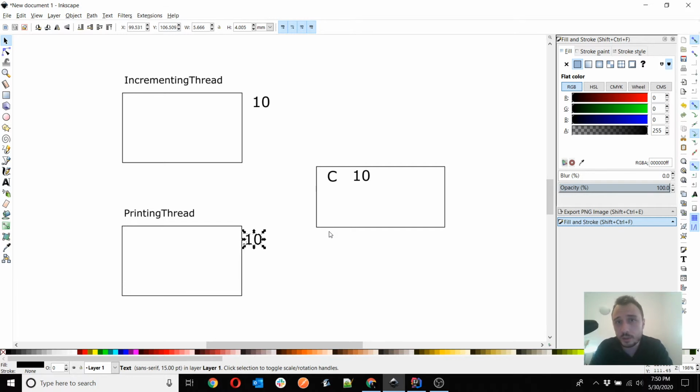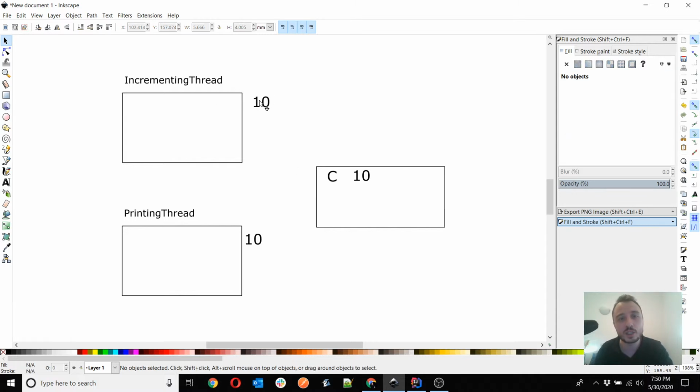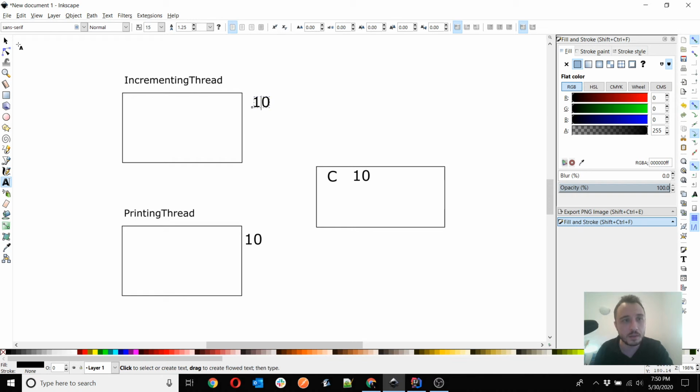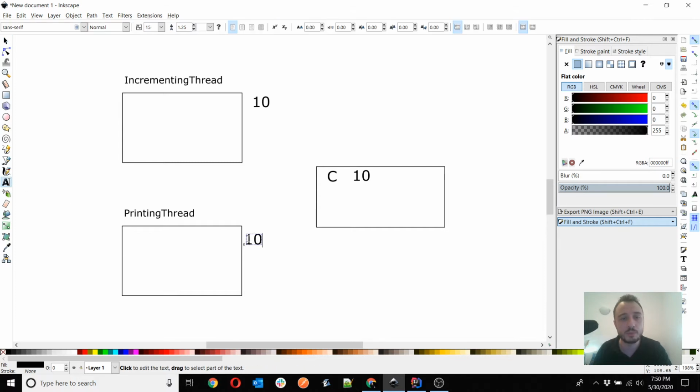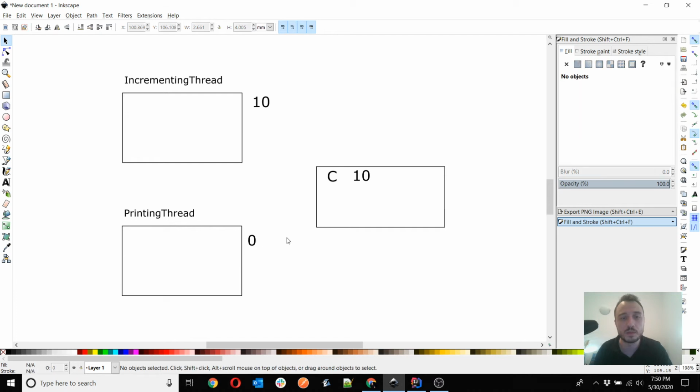And it turns out that it's not in all situations. It might be or it might not be. So it might actually happen that this incrementing thread will increment the value 10 times, but the printing thread might actually print 0 or a different value. So now the question comes, how can that actually happen?